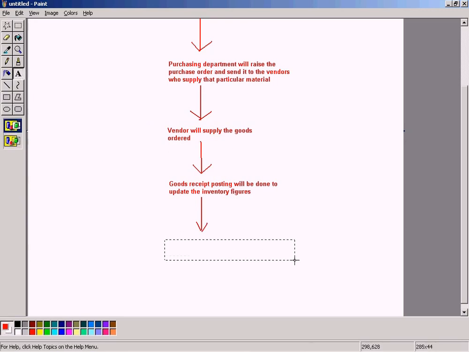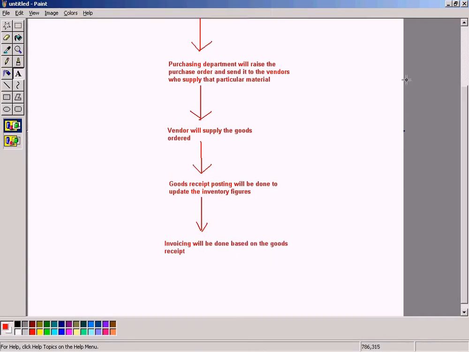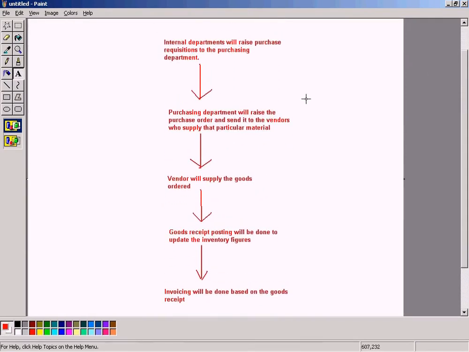Invoicing will be done based on the goods receipt. Okay, so this is the whole process of purchasing. Okay, this is done by the vendors who will supply the goods. Okay, now